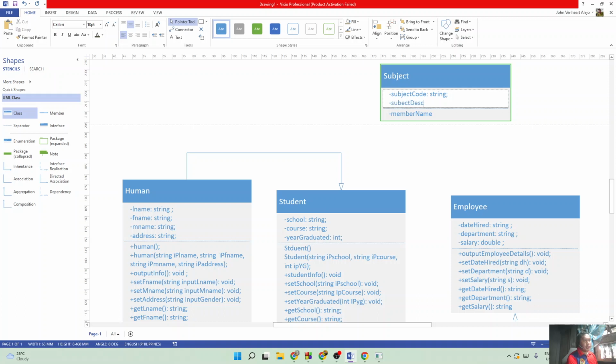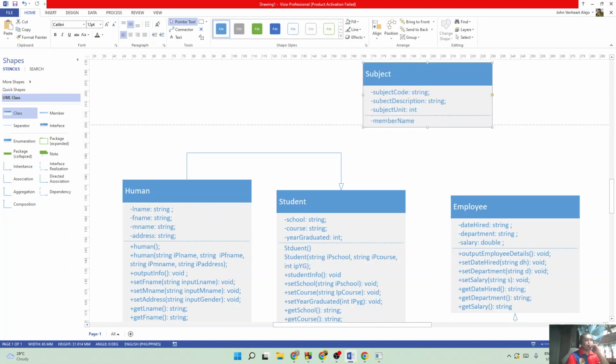Subject description, string. Subject unit, that is int. Okay, so we have the subject class, and as we know that this is encapsulated, make sure you have to use the setter and getter. So you use the setter. Okay, before that, we will make